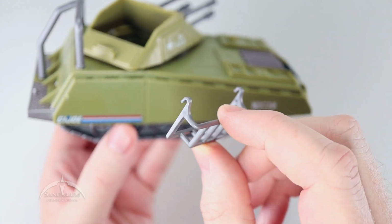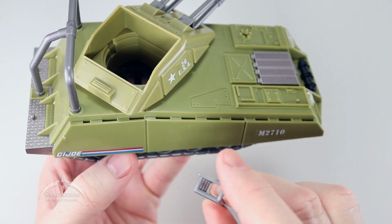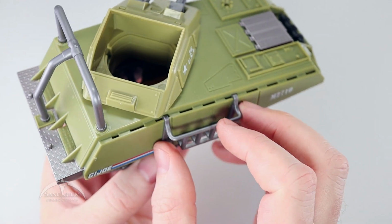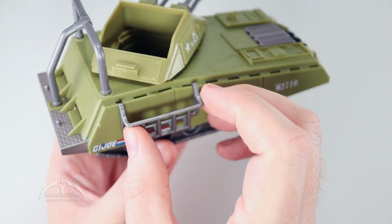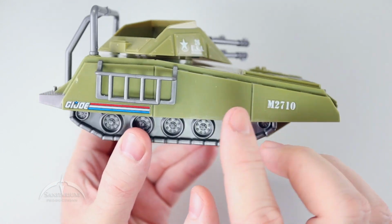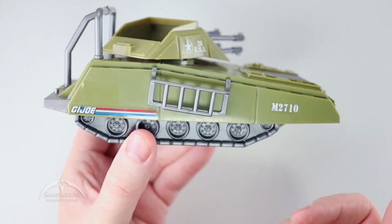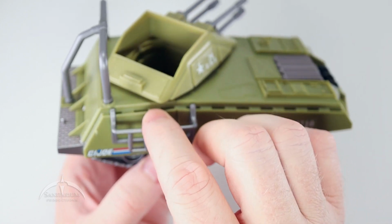It just clips on and pops in and out. So you can actually arrange it anywhere on the side that you want, left or right. There's these little tab-looking things, slots, and you just kind of line those up, and it just sits in place there. So in my head, it looks better back here on the back because it sits mostly straight there. If you move it anywhere else, you end up with it slightly leaning, and that just doesn't look right to me. So I tend to put it way back here at the back,